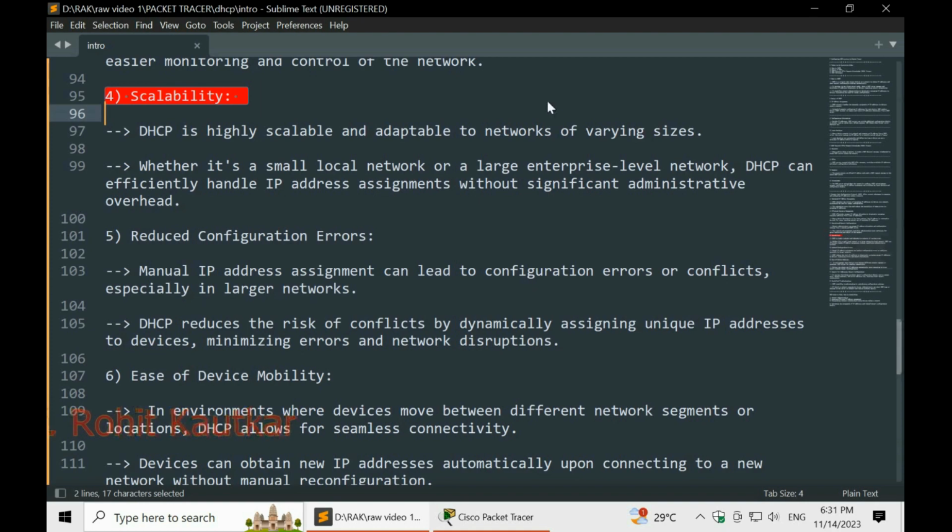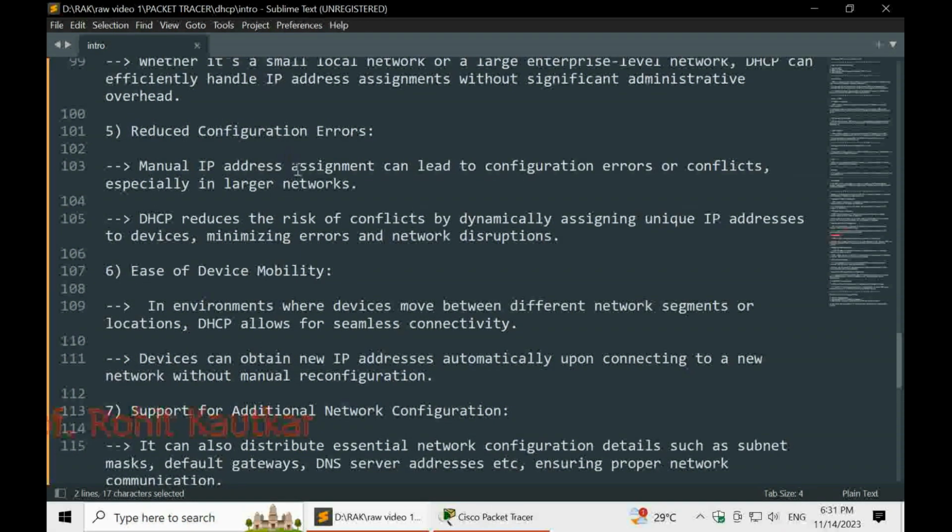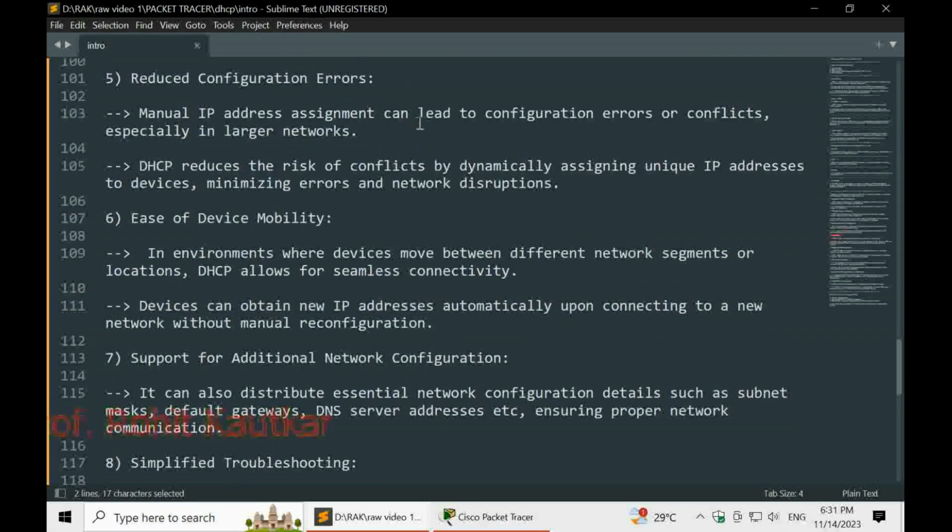The next feature we have is reduced configuration errors. As we discussed, whenever we assign IP addresses manually, there is a chance that we will commit certain errors in assigning IP addresses, or there might be conflicts, where we reuse an IP address, or we might enter some wrong network configuration information.